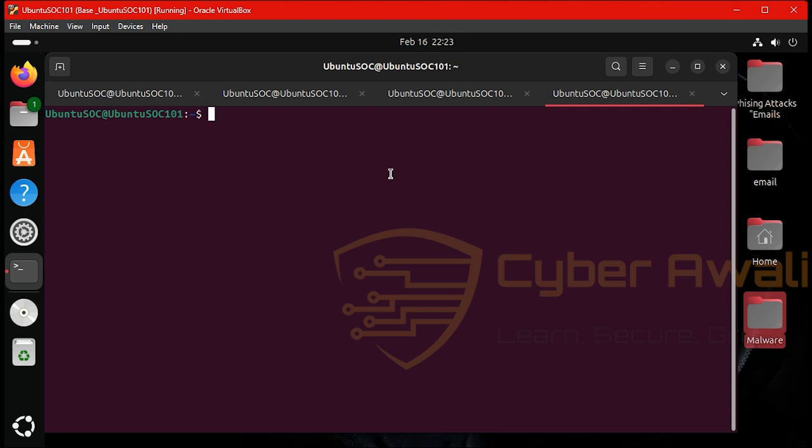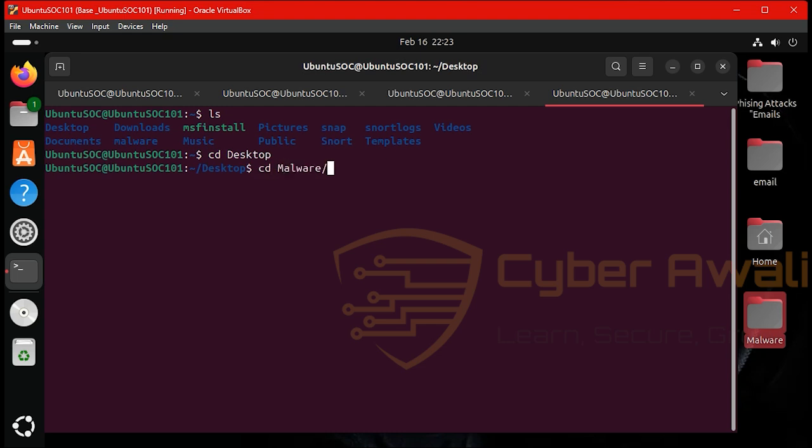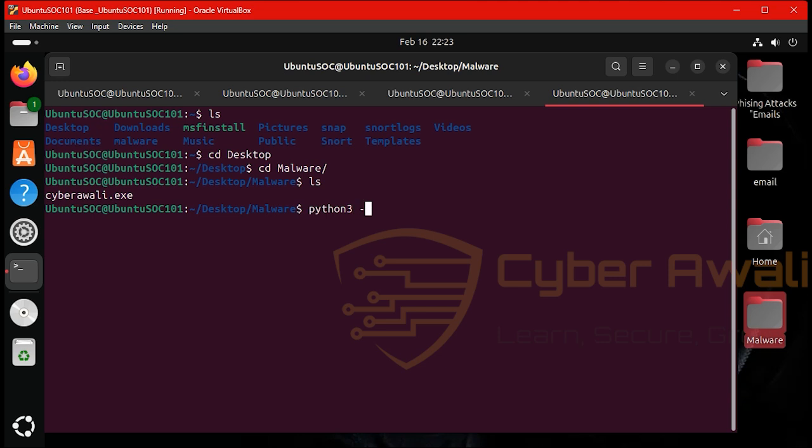virus in. So I'm going to ls, cd desktop, and then cd malware, and then if I type ls, you can see my file right there. And right here I'm going to create the server using python3 -m http.server, and using port 8000. So now you can see that I'm running the